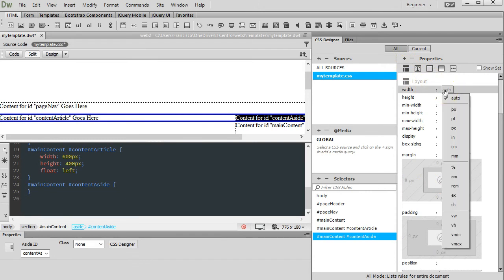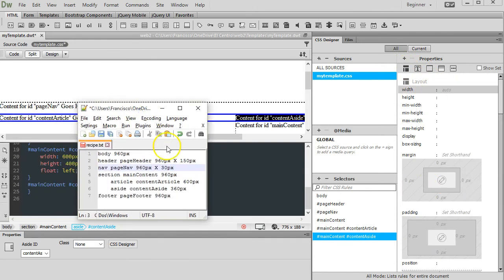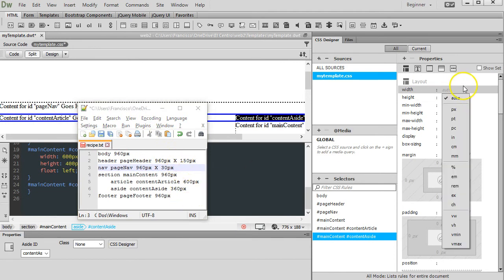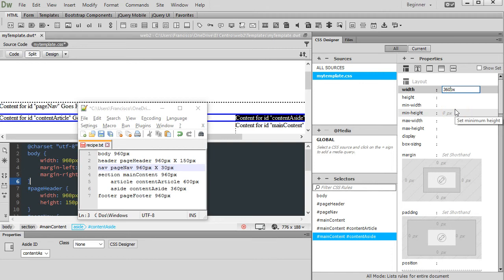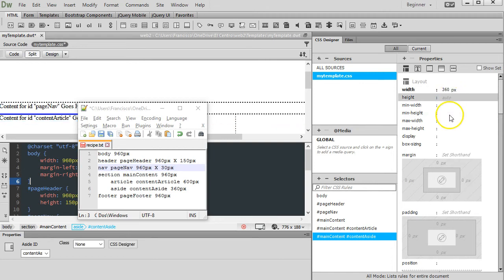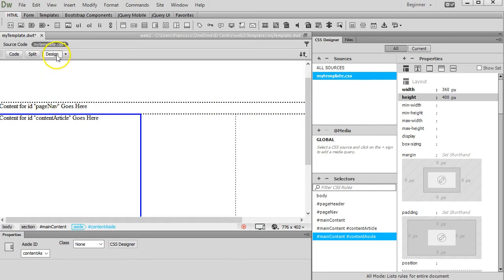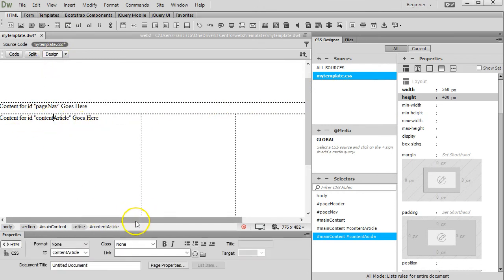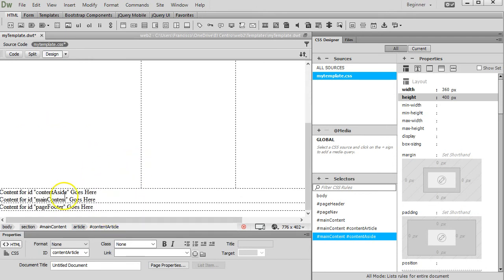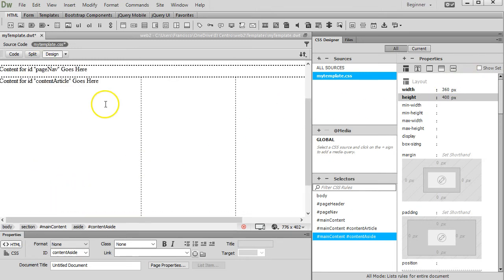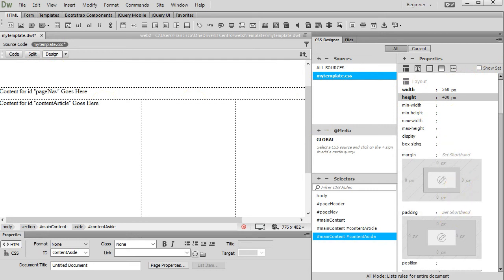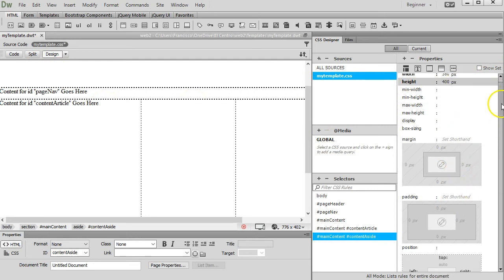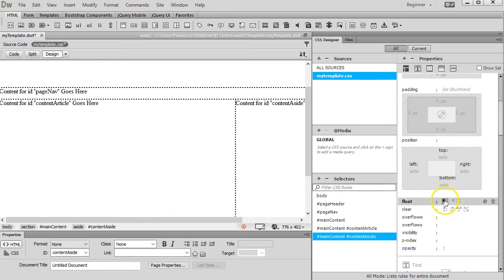and I can go back to my layout properties, give it the width that we agreed on, which was 360 pixels. In pixels, 360. And in height, we will also use 400. So now I have my main content, which has two things inside of it. One of them is the content article, and the other one is the content aside. You'll see that the content aside is actually down below, and that's because it needs to float left as well. I'm still in that property, so I'll go back to my layout, click on float left,